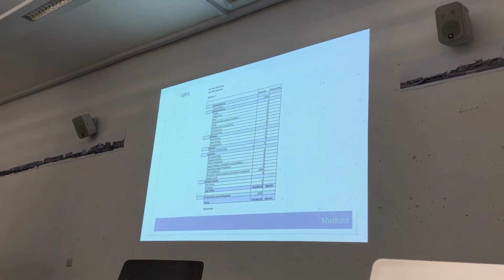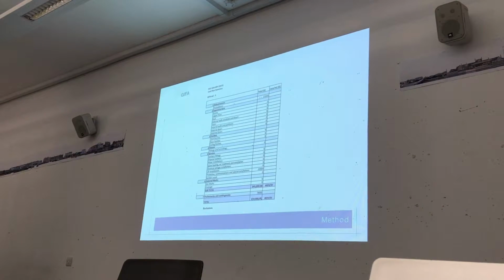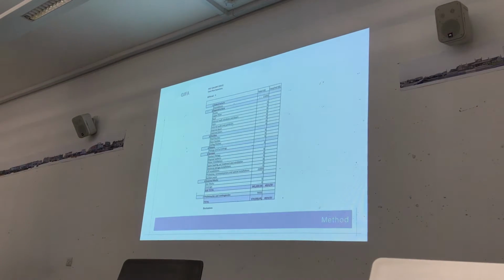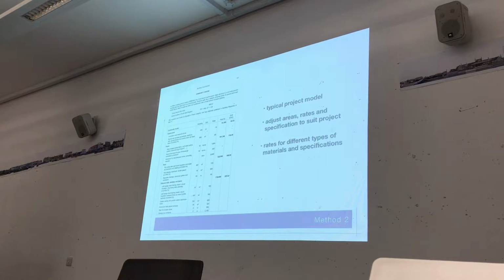So this is what you end up with as a summary. It just goes through the key elements of structure. Substructure, obviously the stuff below ground, foundations, piling in your case. Superstructure, that's everything above ground, including the frame, the external wall cladding and so on. All the internal walls and doors. Then there's the finishes, which is all the wall finishes, floor finishes, ceiling finishes. Any furniture like reception desks or cafe counters, that kind of thing. And then building services,